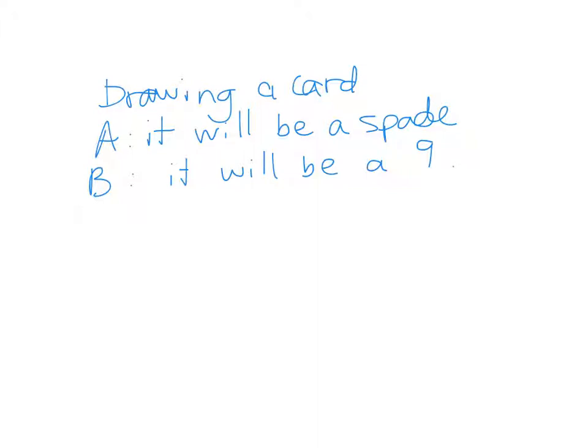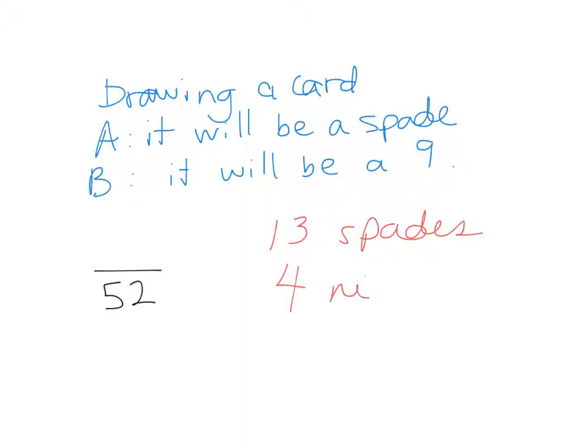Okay, so if I was trying to find the probability of this, first of all, just think, if I'm drawing a card, how many options are there? There's 52 options in total. And what you put on top is how many are either a spade or a 9. Now, in a deck of cards, there are 13 spades, okay, and 4 9s. Okay, so if I ask you if it's or,